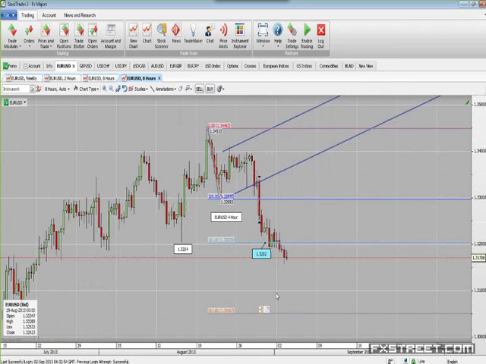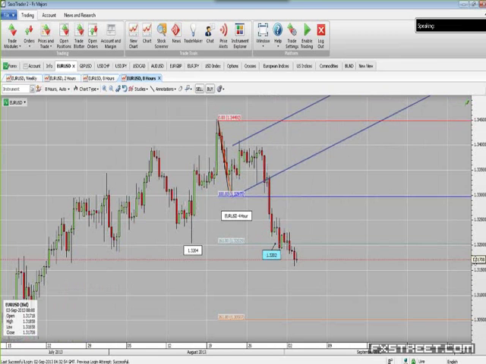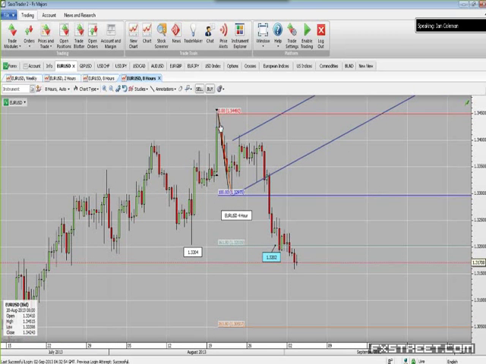Okay, the bias is still for lower levels here. So we had a rally up. We had indecision at the top. We had a break of the low. We had a move back up, a rejection, basically of a Marubozu level. So a Marubozu level is the midpoint of a strong bullish or strong bearish